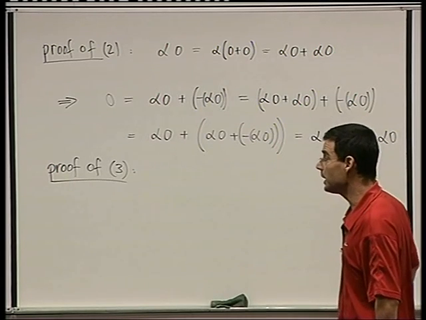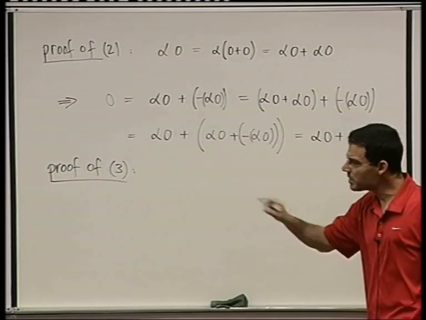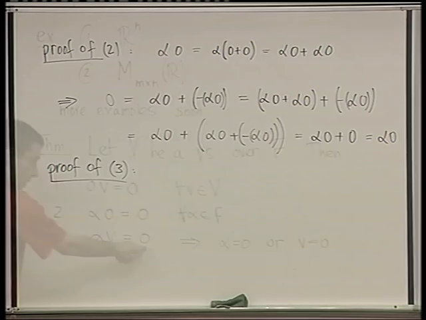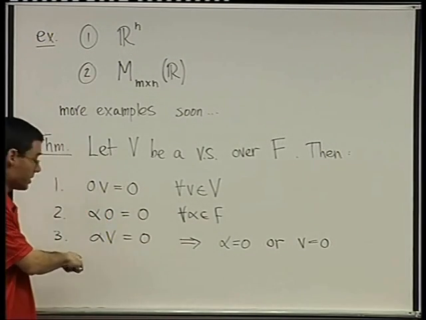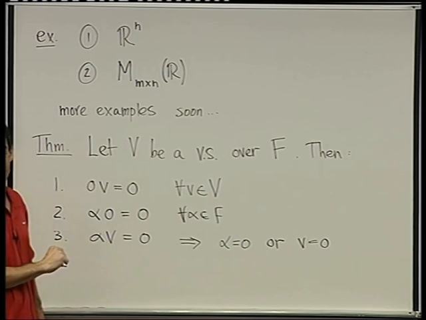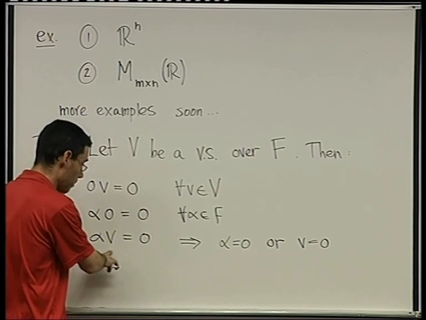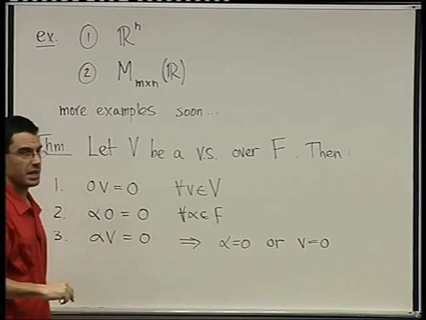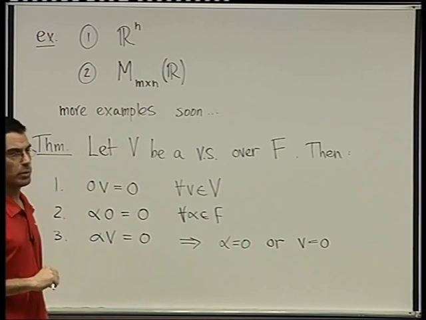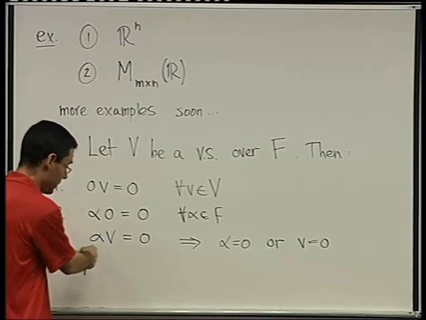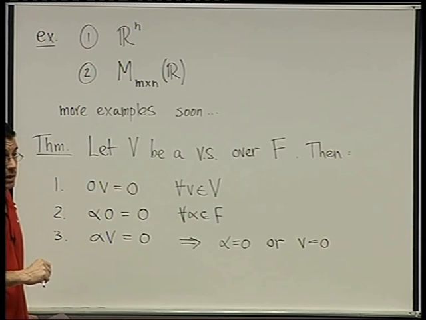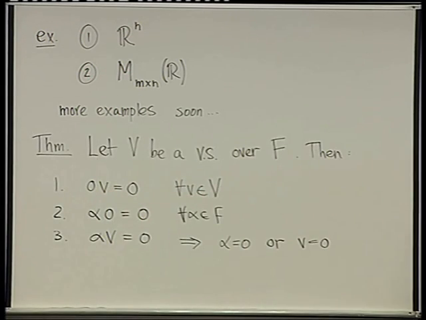Okay, let's prove number 3. Look here, number 3 was that if we multiply a scalar times a vector, and we get 0, then either the scalar or the vector were 0. We proved something very similar when we talked about fields, saying that there are no 0 divisors in a field, that if you multiply 2 elements and get 0, one of the elements has to be 0. And the proof is going to be very similar. If you look back at that proof, almost the same. Just different because now this is a vector and this is a scalar, but the idea is very, very similar. Okay? Let's do it. So